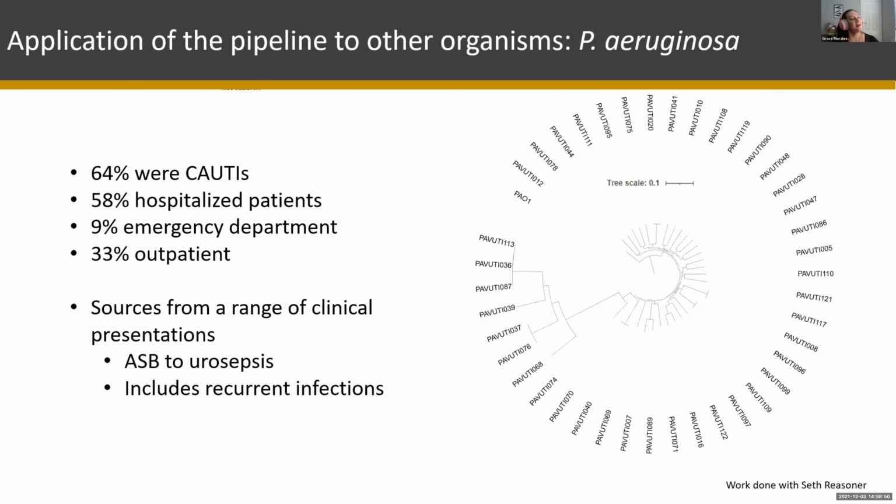Great, thank you. So finally, I'd like to leave you with one other newer application that we're applying this pipeline to, and that's Pseudomonas aeruginosa. A lot of this work has been done in conjunction with an MSTP student in Dr. Haji Frangiscu's lab, Seth Reisner, where we're isolating Pseudomonas isolates from the urine as well. And just